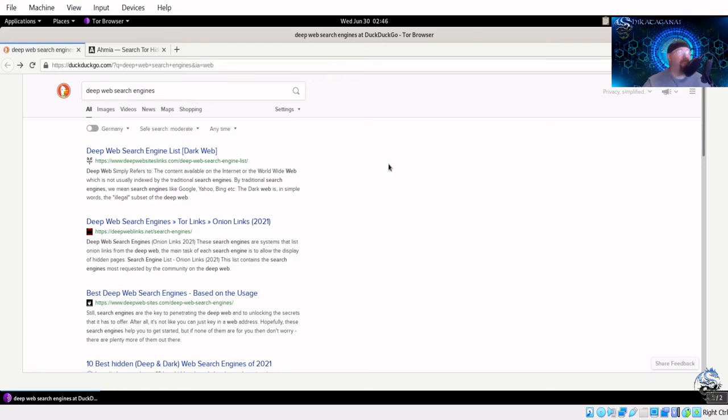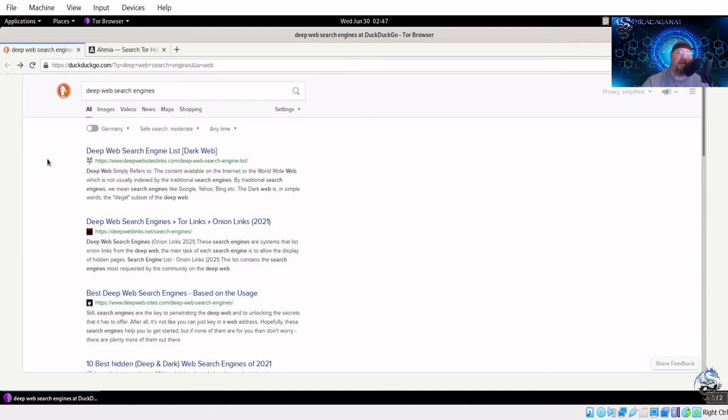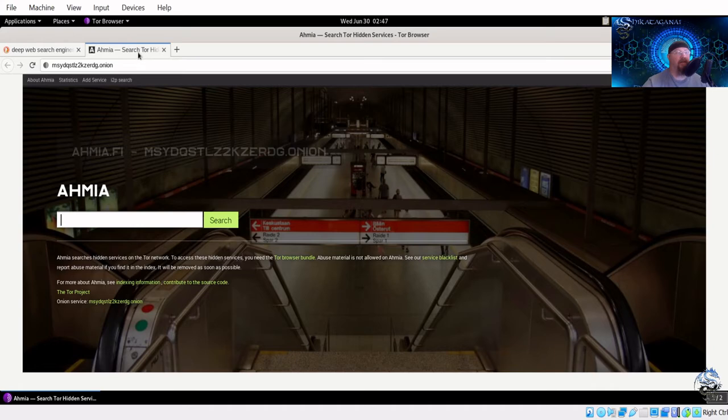Okay, caveat done. So the first thing I would do is look for a deep web search engine. And you can look for this on the clearnet. I would use DuckDuckGo in this case; it's the default search engine for the Tor browser anyway. So you start looking for deep web search engines. There are plenty of them out there, like Torch and Not Evil and Candy is another one, I think, and a few others. But the one that always seems to work is Ahmia, this one.